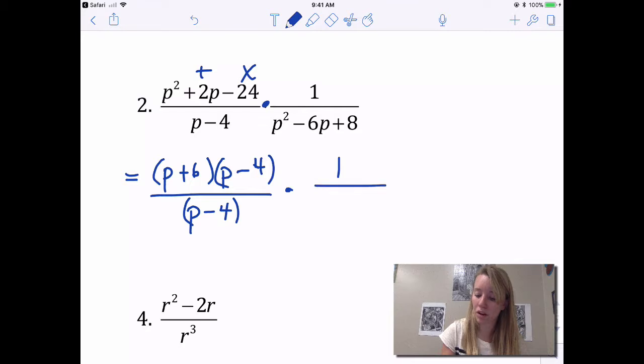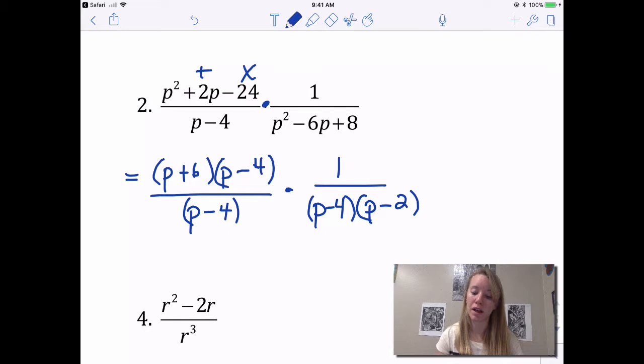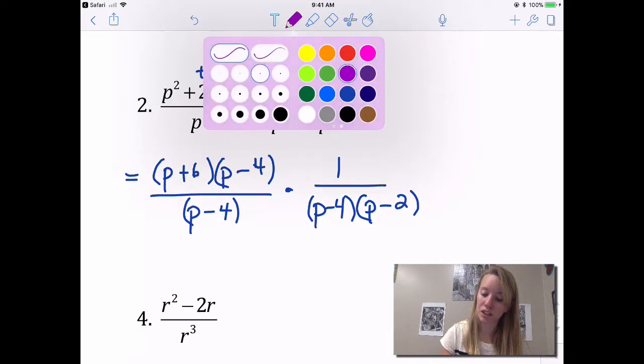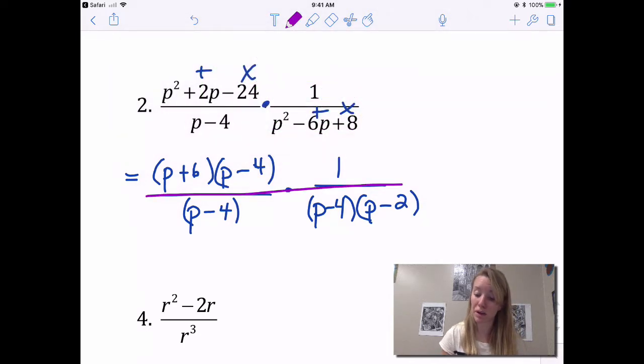Then I've got 1 over p squared minus 6p plus 8. That will be p minus 4 and p minus 2. So that multiplies to 8 and adds to negative 6. So now I can look, and really when you have two fractions, you can write this just as one big fraction. So as long as there's one factor in the numerator and one factor in the denominator, they'll divide up to 1. So p minus 4 and p minus 4,